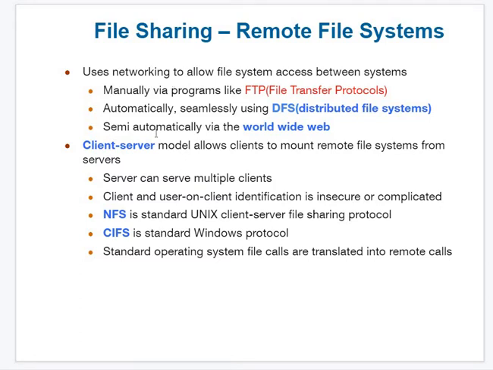Then semi-automatic is the most popular one, the World Wide Web. You can imagine checking a result on the VTU website. It is semi-automatic because you cannot see all the students' results in one search. Every student should give their USN plus the CAPTCHA given there.